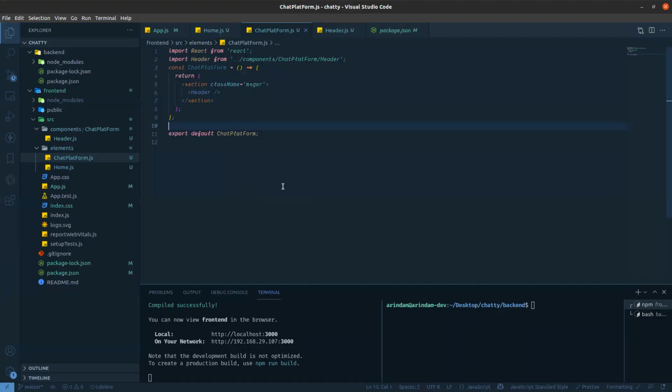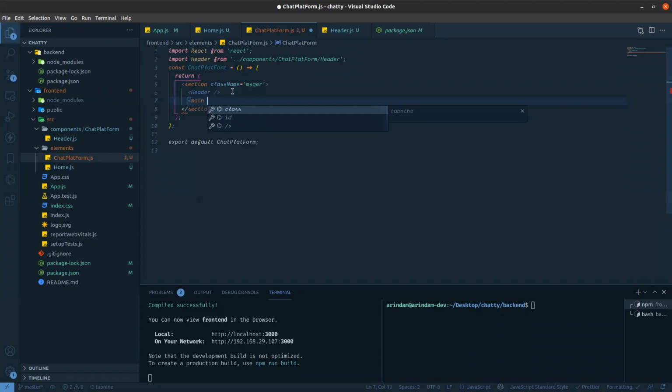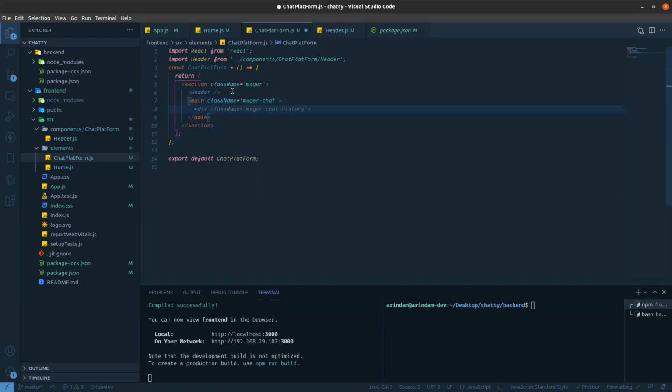So for that we also need to create the message part. So here I'm creating a main, and I'm giving class name messenger chat. Okay, so in this main, I'm creating two divs. Why two divs? Because the first one is for